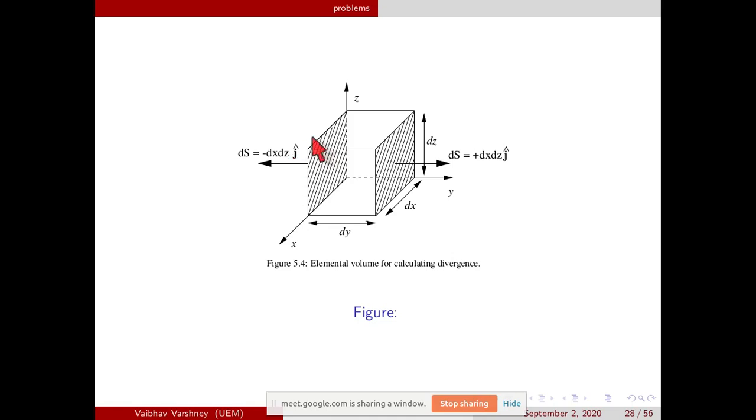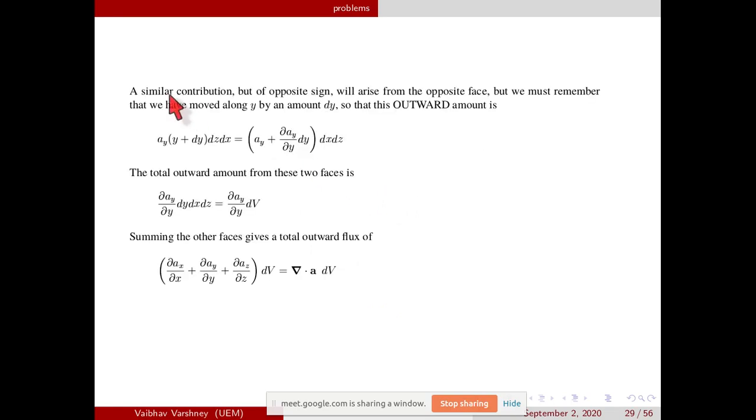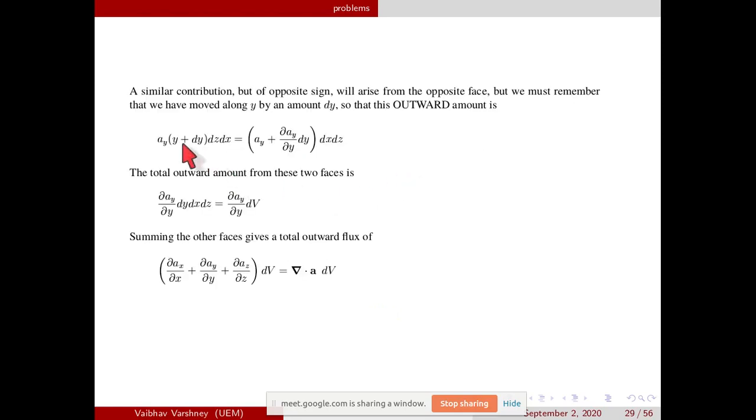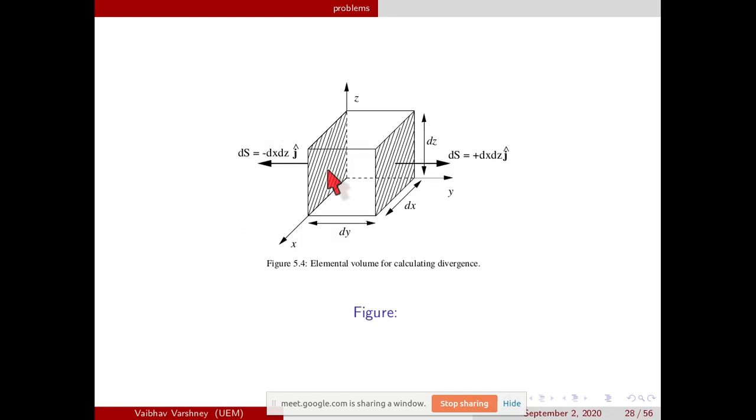Yes. So the way in which we calculate the back face, in the same way we calculate with this front face, and this will come out to be this. Because now what we have done is, if this is y and this distance is dy, we have moved from y to y plus dy. So that A vector changes according to this y plus dy, and I have told you that we can write this differential in terms of derivative, del Ay upon del y into dy. So this is the flow outward from the front face, and that one is from the back face.